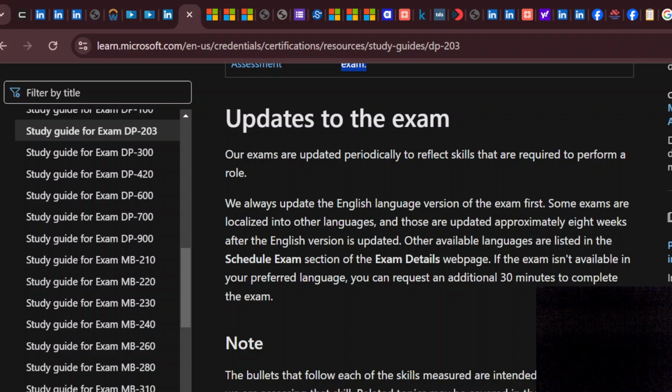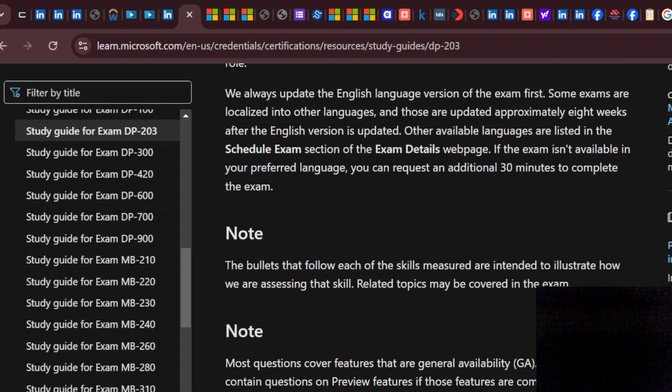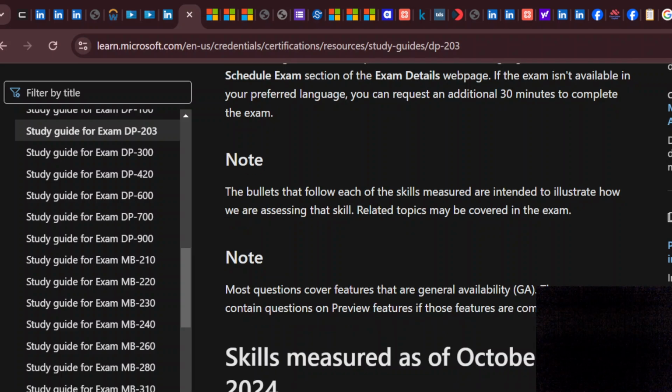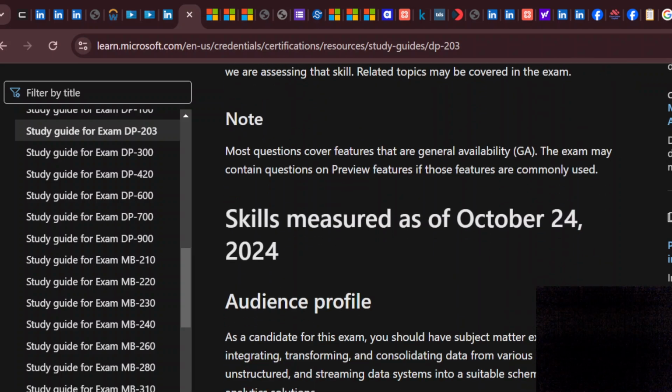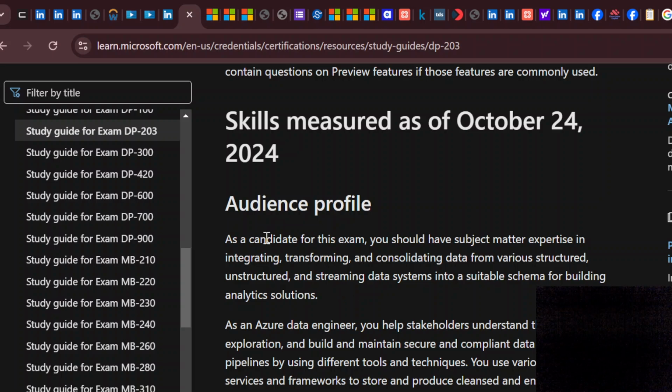Some of the concepts will be updated from time to time in this exam. The English version will be updated every time, so we have to follow the English version. So the audience here, we should know, right? Whether